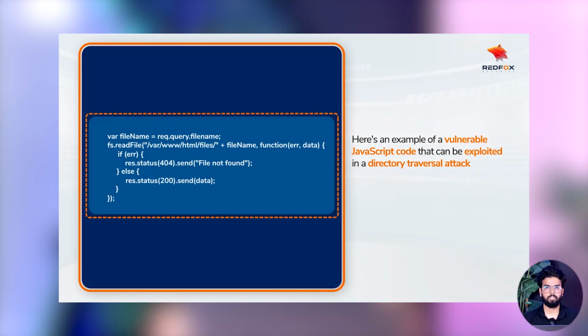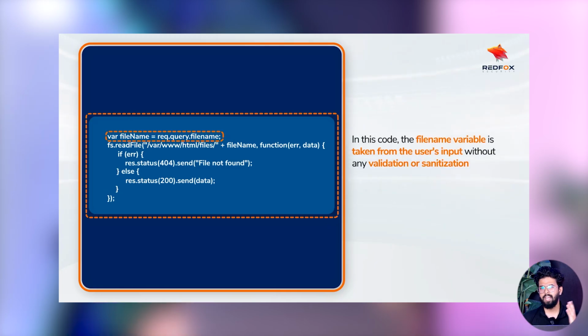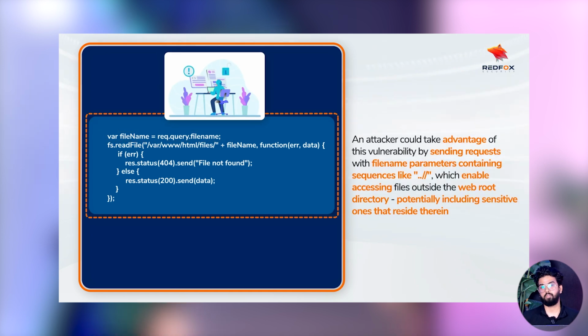Methods to bypass directory traversal attack defense. Here's an example of a vulnerable JavaScript code that can be exploited in a directory traversal attack. In this code, the file name variable is taken from the user's input without any validation or sanitization. An attacker could take advantage of this vulnerability by sending requests with file name parameters containing sequences like ../